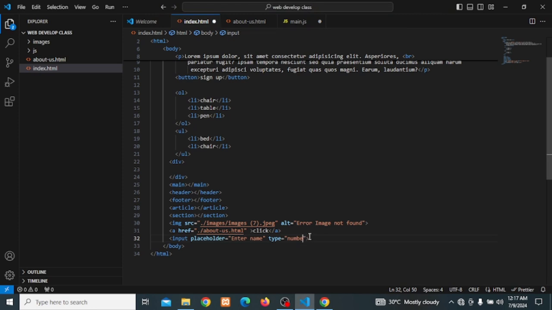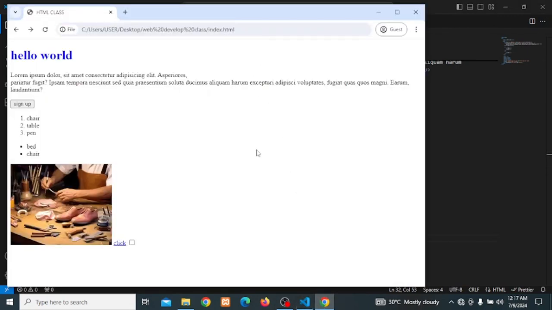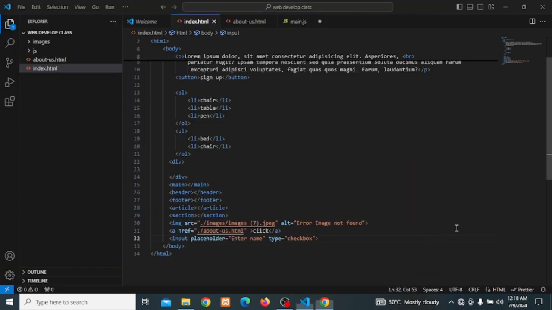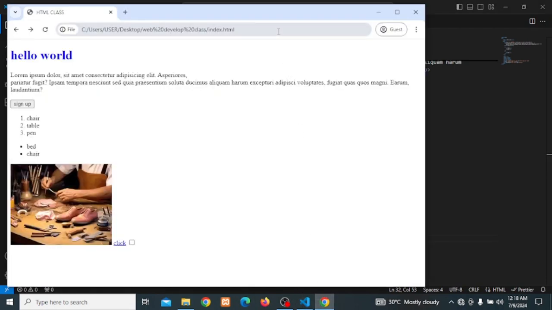So there are different types. We have the checkbox. The checkbox creates a checkbox. You can check and uncheck. The others we have are date and time. You can use them to set date, date time. So when I load,